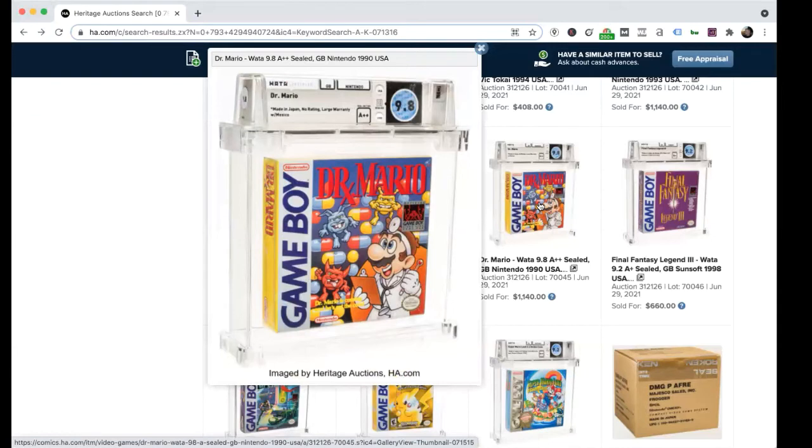And there's no set rules. Well, there are set rules, but they don't make any sense. So, okay. Dr. Mario. What do you think about this, Matt? You take the Game Boys. I don't want to talk about them. Game Boy Dr. Mario 98 A++,